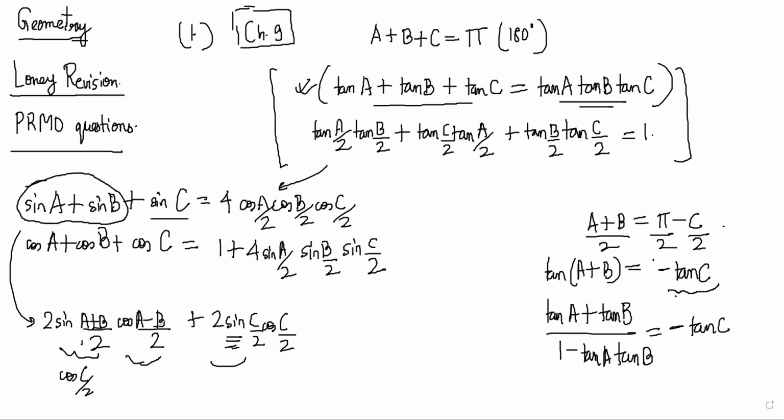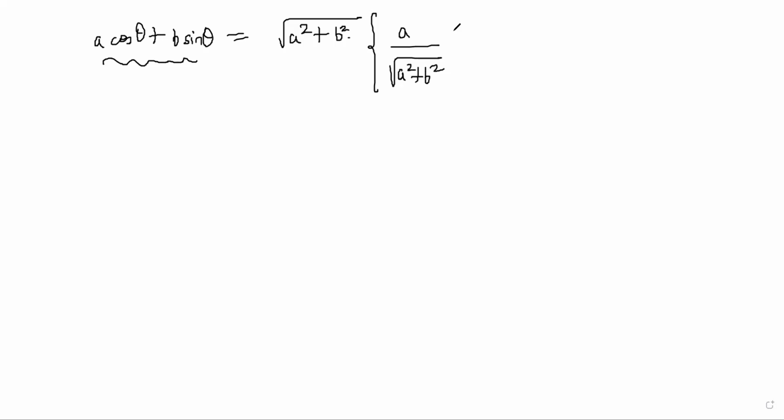Then, sir, remember I asked you a question once. It had to do with the range of the trigonometric function. So like we had an expression a cos theta plus b sin theta is equal to root a square plus b square, and that is important as well. But that is very obvious because you just have to divide by root a square plus b square. So it becomes a by root a square plus b square cos theta plus